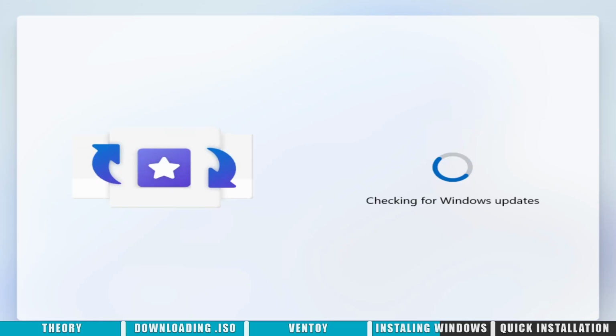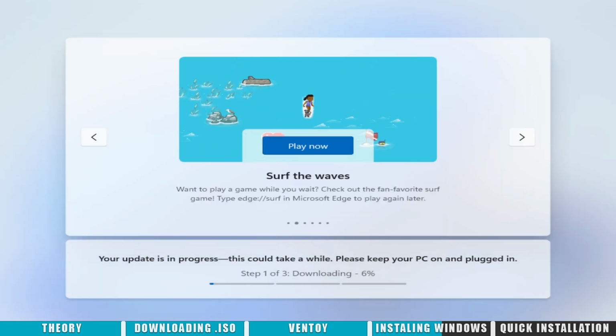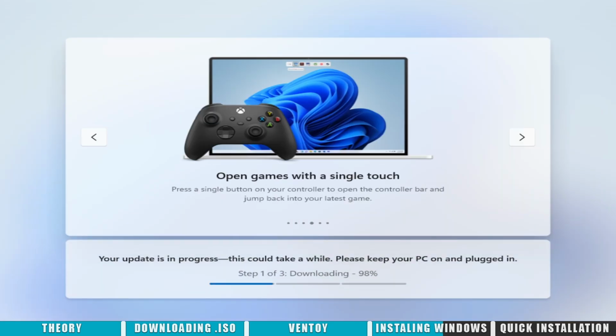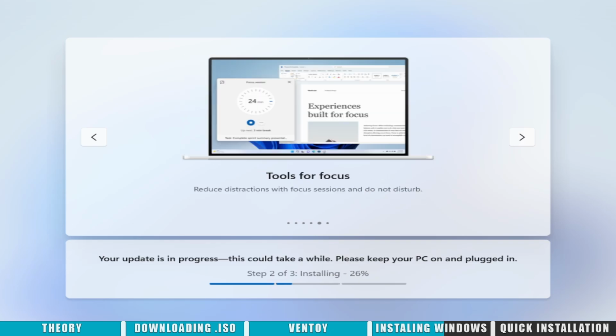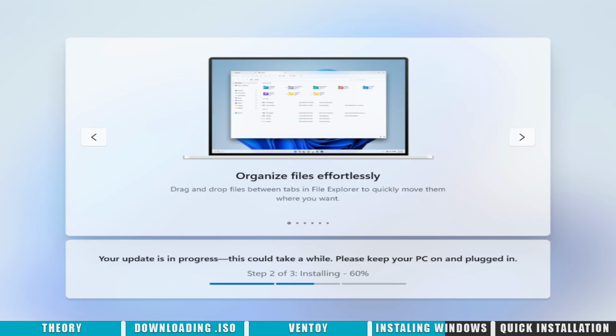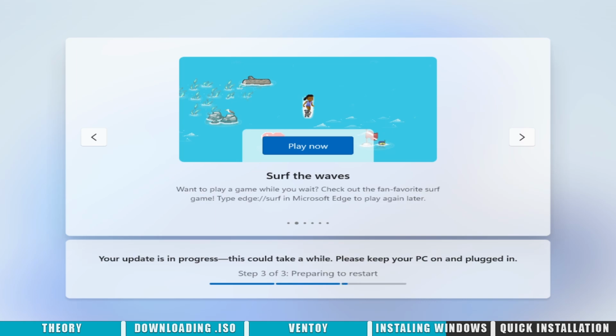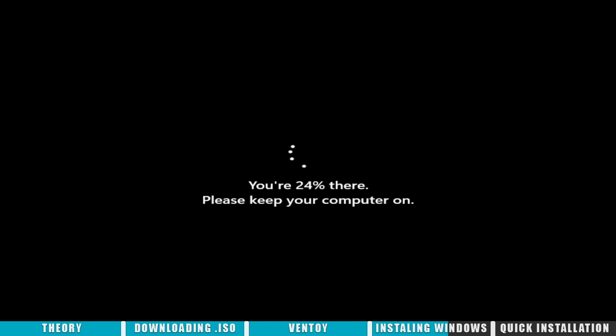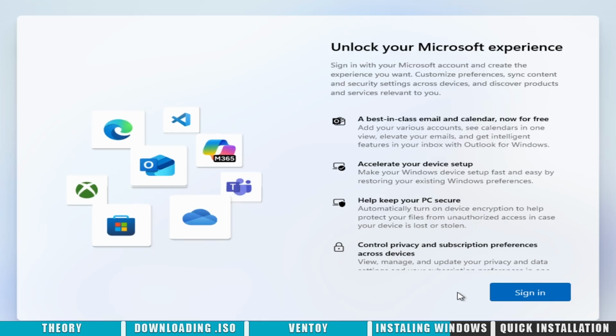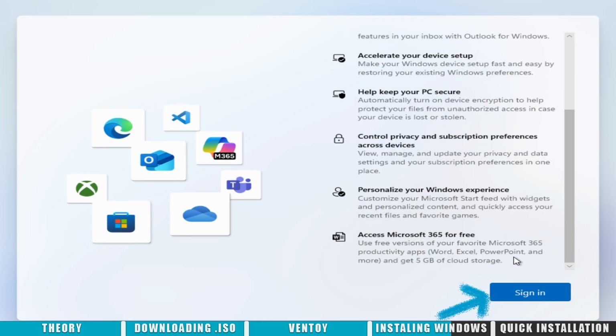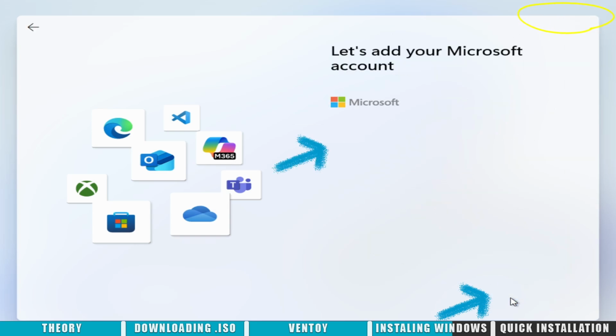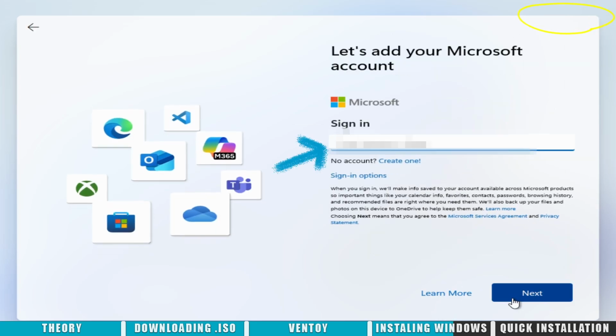After that, the latest updates will be downloaded and installed. After the updates are installed, you need to either sign in to your Microsoft account or create a new one. Following the instructions above, I explain how to install a lightweight version of Windows without built-in programs, widgets, and such.